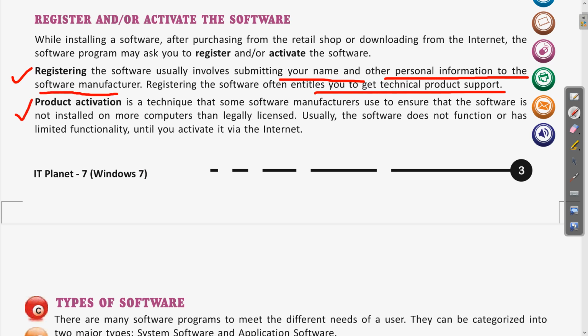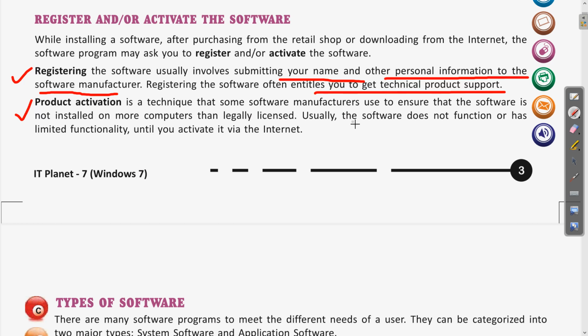Then what is product activation? Product activation is when the different software manufacturers make the software, they sometimes give some activation key. Clear? These activation keys are only provided when you pay some price for that, when you purchase the licensed version. Clear? So by using these methods, the company ensures that the software is only running for the persons who have purchased the software.